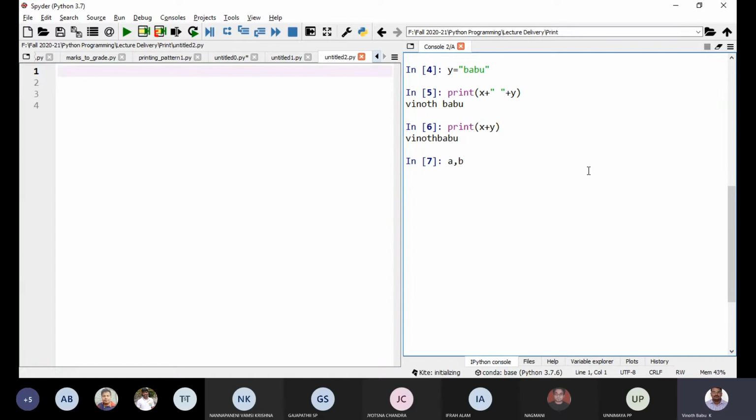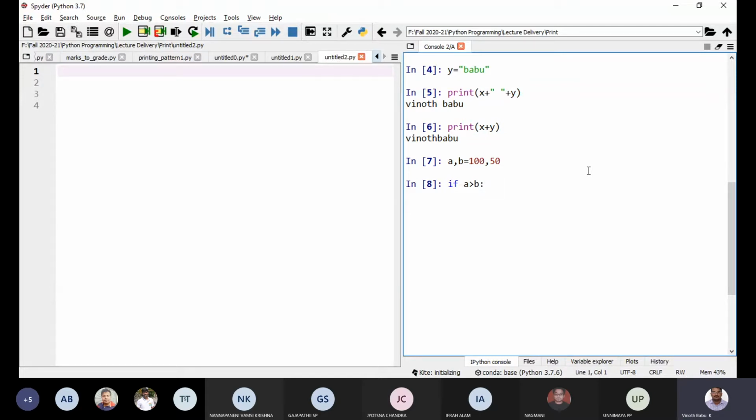Say for example, a, b is equal to 100, 50. So a is 100, b is 50. If a greater than b, in Python you need to terminate this with a colon. That's very important.